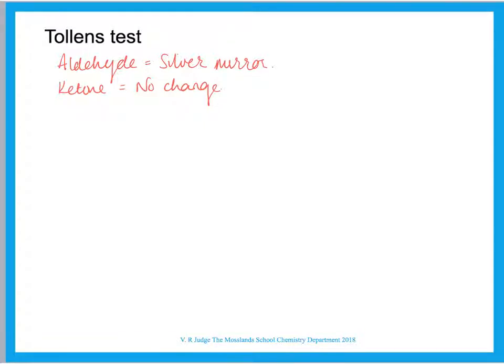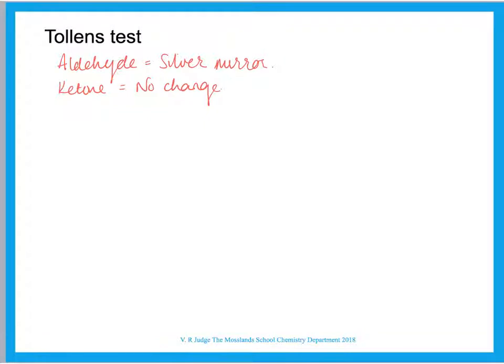So the Tollens test works in exactly the same way. You have an aldehyde, which can be oxidized by Tollens, and you have a ketone, which cannot be oxidized by Tollens, giving you a positive result for the aldehyde and a negative result for the ketone. Okay, so importantly, you need to know the colour change for this as well. So the aldehyde would give you a silver mirror inside the test tube, and a ketone would give you no